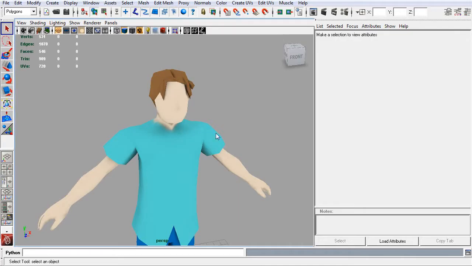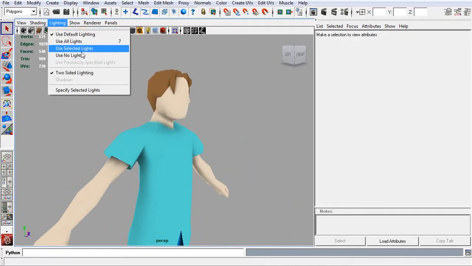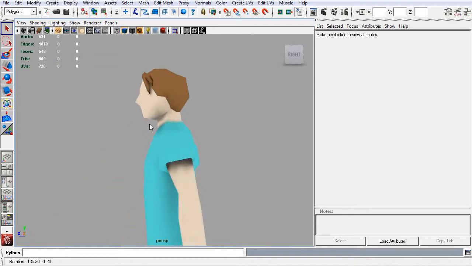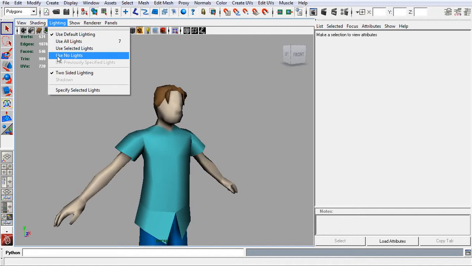Now, here's our texture. It only has an occlusion map on it. Remember, there are no lights. Now there's no lights. That was weird. I was using default lighting. I guess not. Anyways,